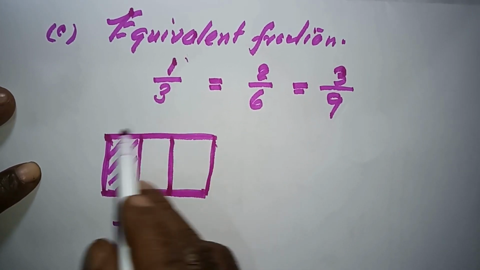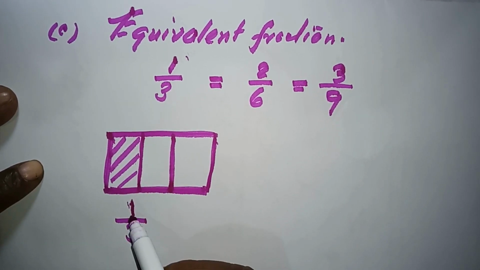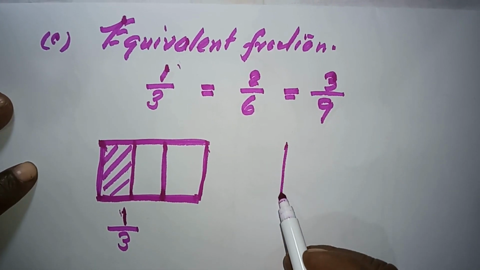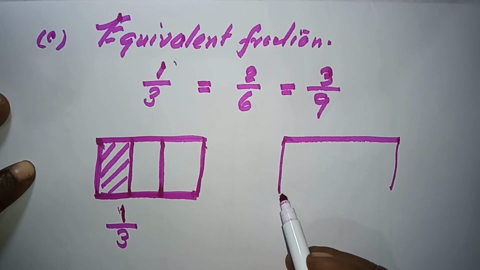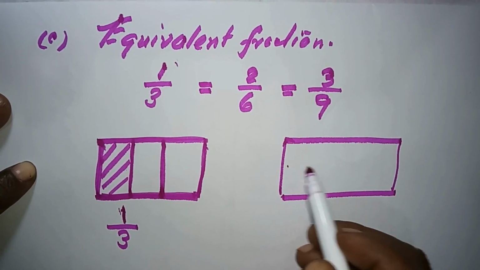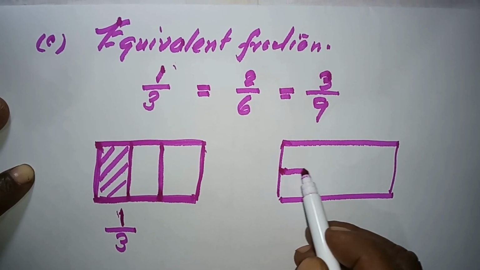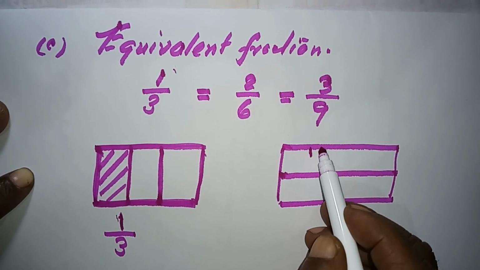That means 1/3 of the land I have shaded here. Now, if I take the same land in size, and divide it